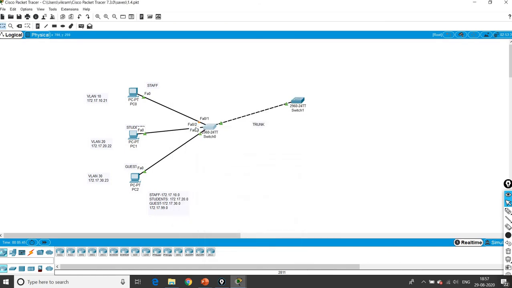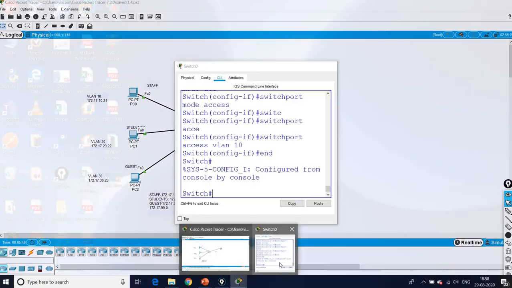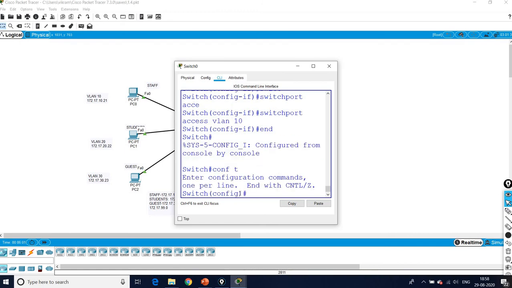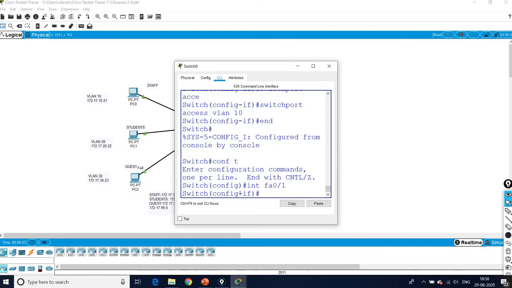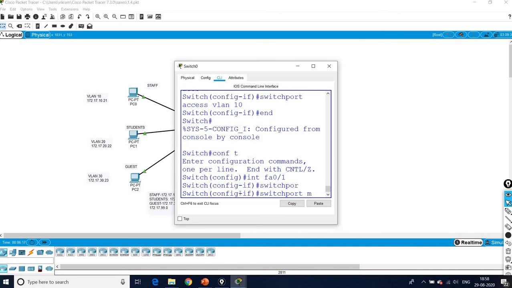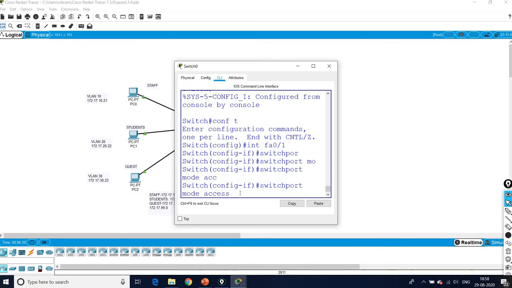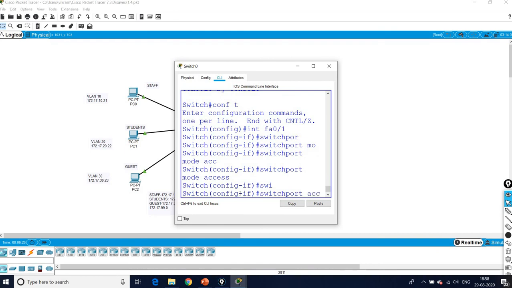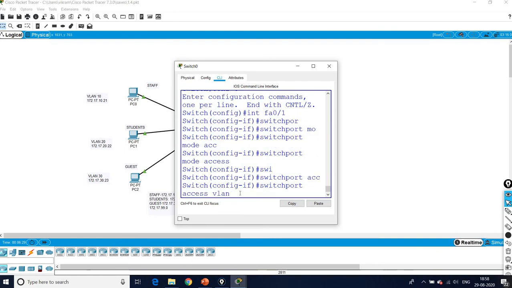Again similarly for FastEthernet FA0/2. Again go for global configuration mode, config T, interface FA0/2, switchport mode access, switchport access VLAN 20.